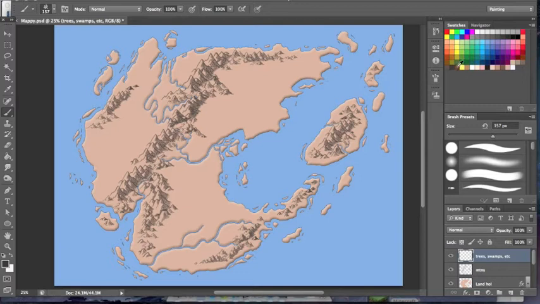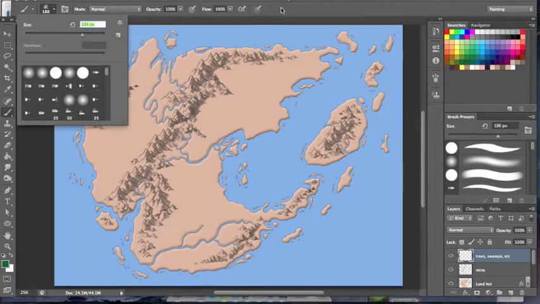And at this point, it's really a matter of preference as far as color. You could do green forests if you want to keep your map in color. If you want to sort of match, or you're probably going to end up with a sepia tone or black and white map, then you can just leave it all the same color. It really depends on your preference. I'm going to try a nice dark green forest